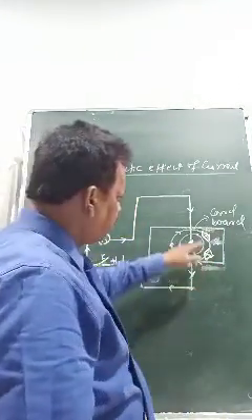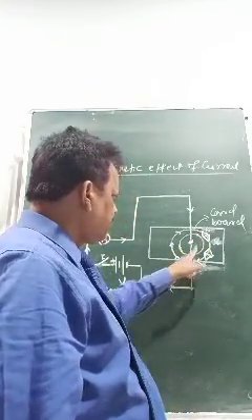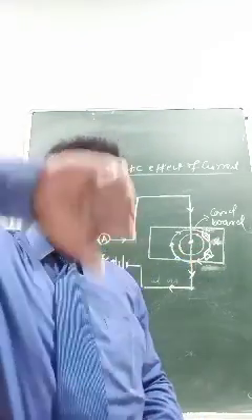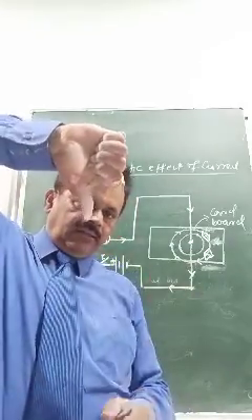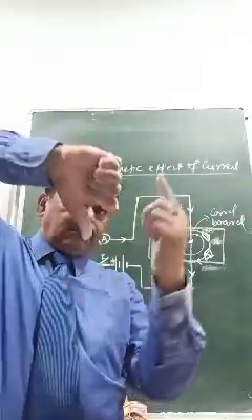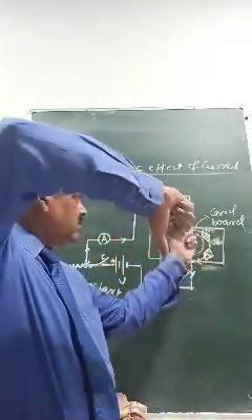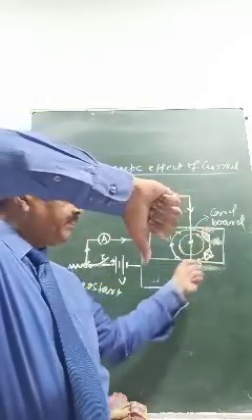So north to south means, because we have known that magnetic field lines are always from north to south. So when you hold it like this, if this is the direction of current, your curling is like this. Curling is like this means north to south, north to south.